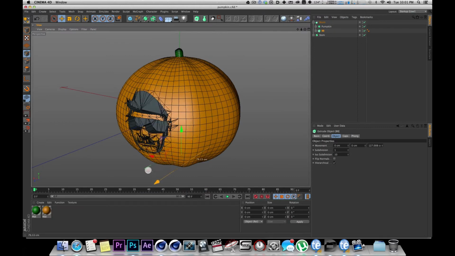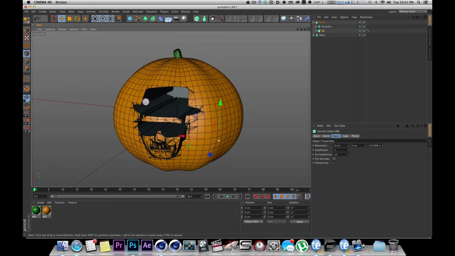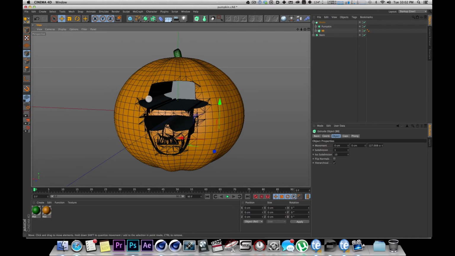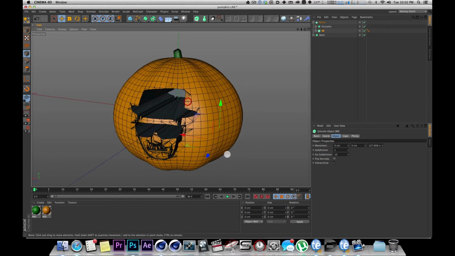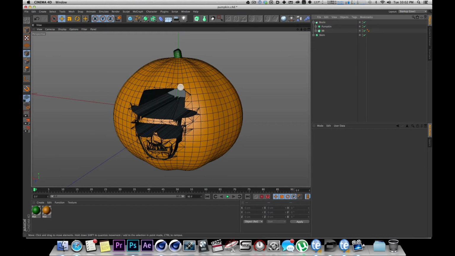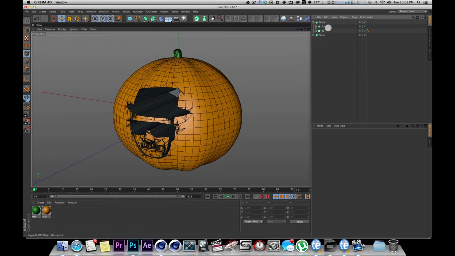And here is a great way to do that. Now you can see if you move this stencil in and out as a bool, you're going to get just straight sides on everything that is cutting out. It's not hollow like a pumpkin should be. And for something like this, what I love to use is actually